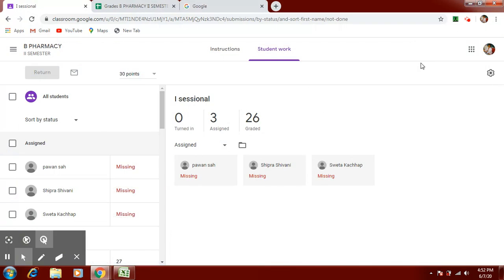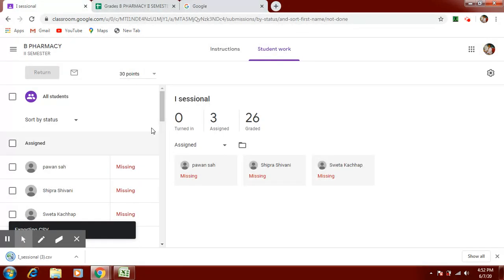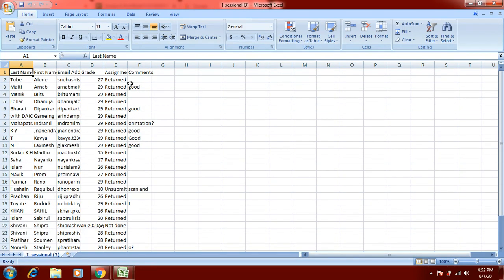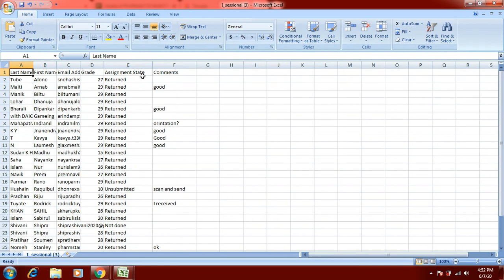When you go for the last option, download these grades, it will download only the assignment which you have selected. Now you have selected only first sessional, so it will download only that particular assignment. Open that file. In this one, you can see two additional columns, assignment status and comments.